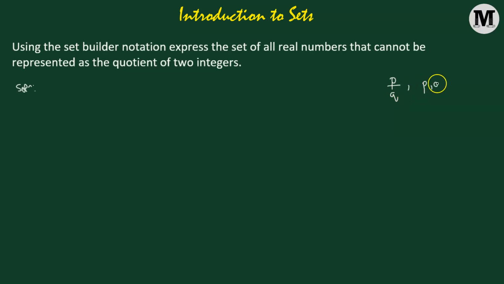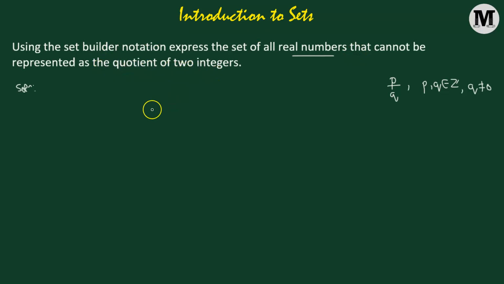So here we have p, q both belonging to the set of integers. Here q cannot be equal to 0 because we cannot divide by 0, and also p and q do not have any common factors, then this p over q is nothing but a rational number. However, in a case we have to express the set of real numbers that cannot be represented as the quotient